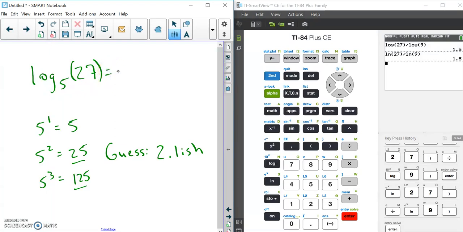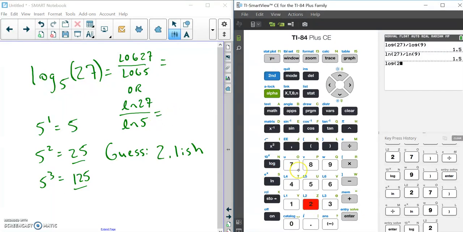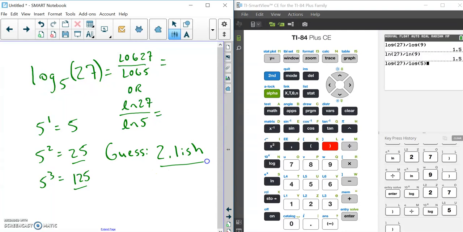So I could estimate that, but the only way that I'm going to actually be able to figure out exactly what this is, is to go over here and plug it in on the calculator. I might try on the calculator log of 27 divided by log of 5, or I could try the natural log of 27 divided by the natural log of 5. If I come over here on the calculator and plug this in, and remember, we're expecting to get an answer that's a little bit bigger than 2. If we do it, we get